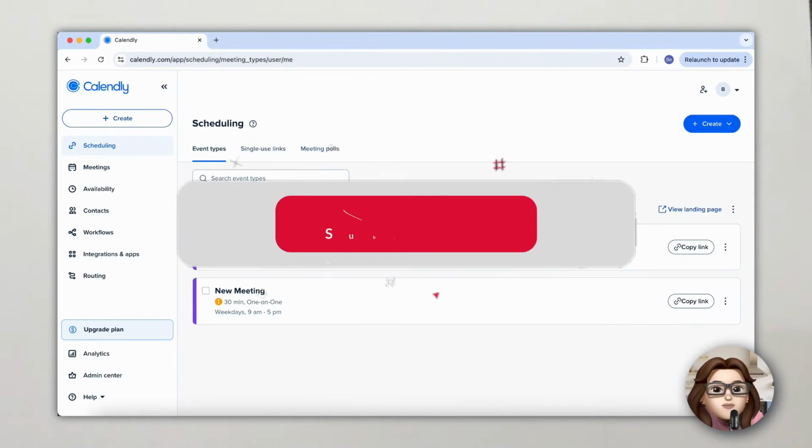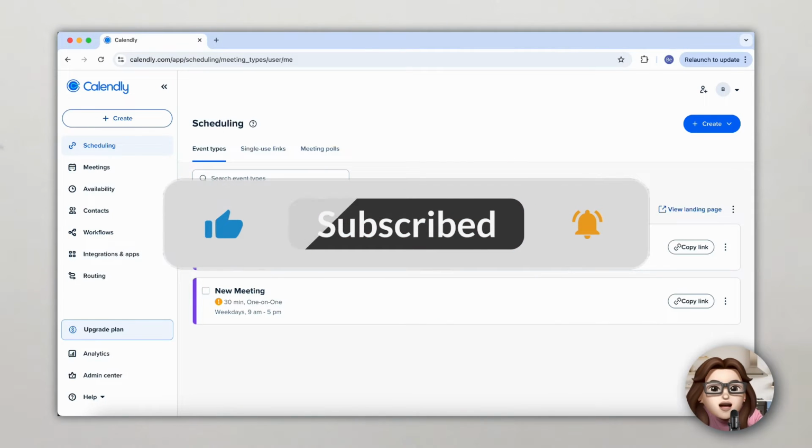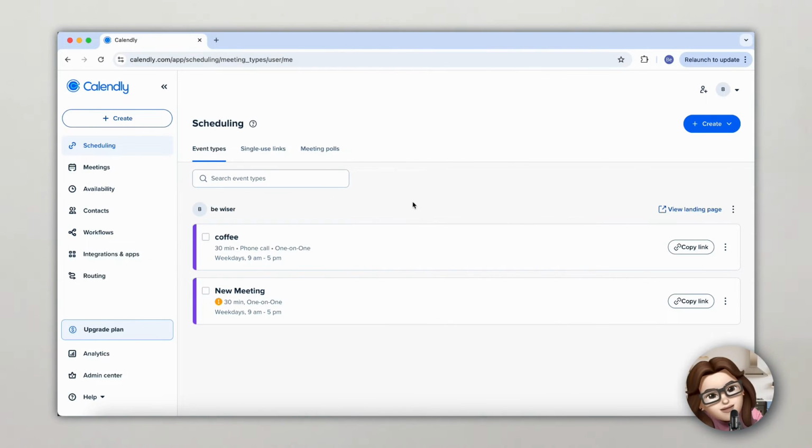In today's video, I'll show you how to connect Calendly with Google Calendar so all your meetings and events stay